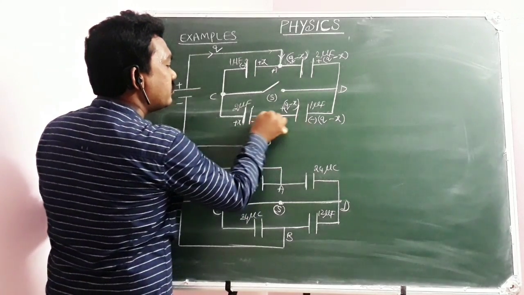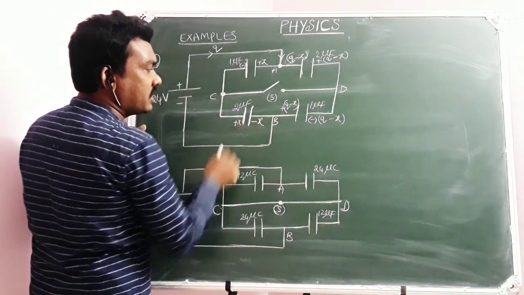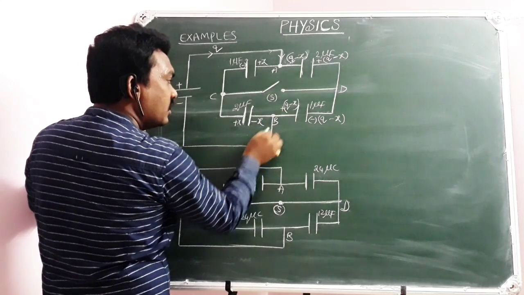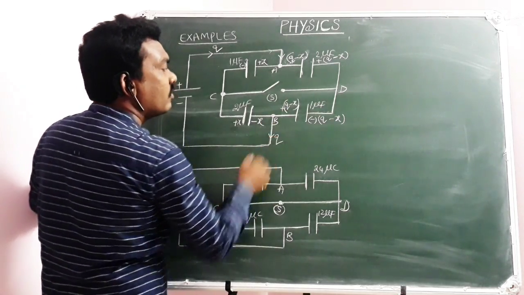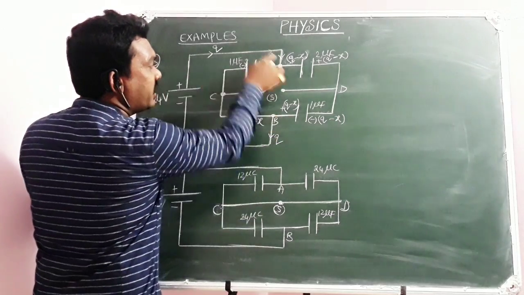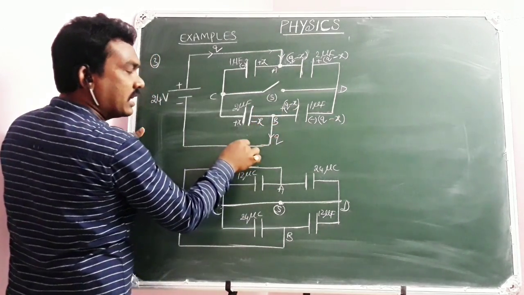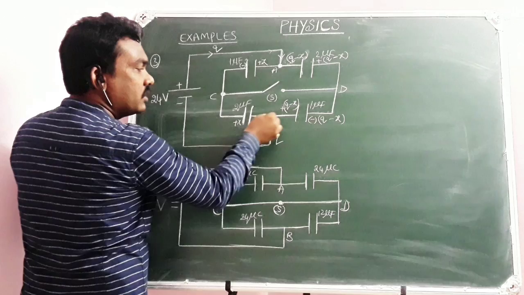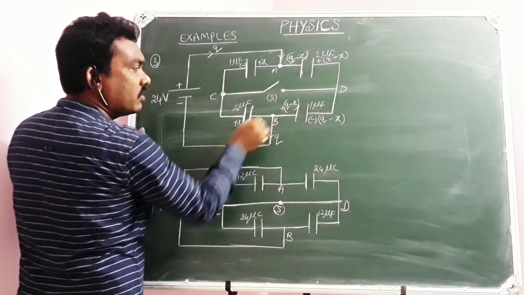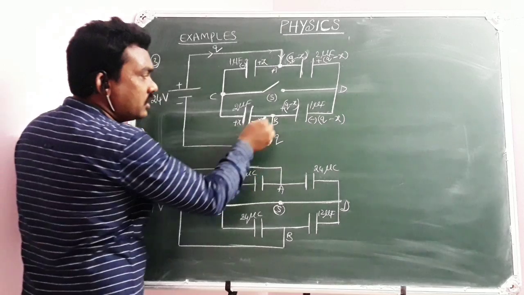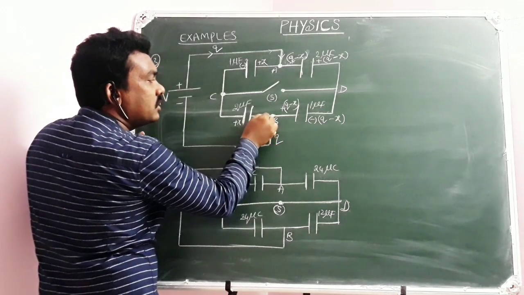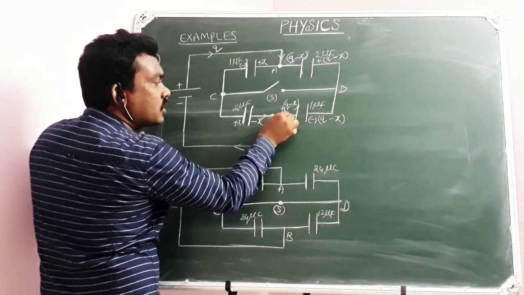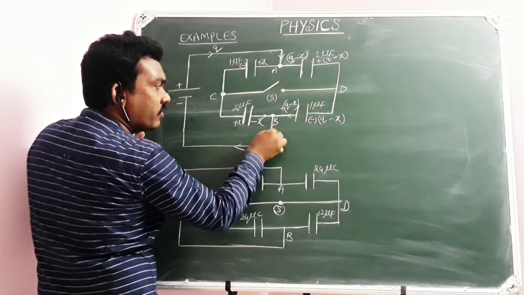Similarly here also, it is minus X, and this is Q minus X, because at this junction, whatever charge entered should come out of the junction. That's why here minus X, here Q minus X, and here it is Q. The algebraic sum of all the charges will be 0. You can check if you want. This is away from the junction, and this is towards the junction: this is X towards the junction, this is Q minus X towards the junction, and this is away from it.